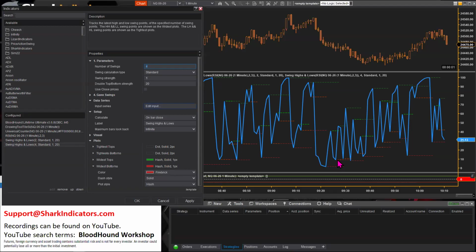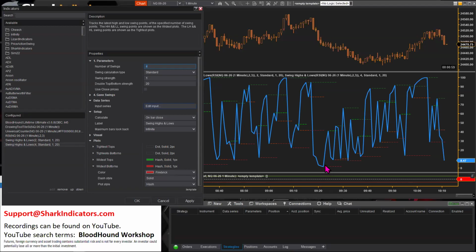If I had it set to 6, it would be tracking this one as the lowest low of the last 3 lows, because these lows step higher. So the Swing Highs and Lows set to 2 would be tracking the higher low point. The one set to 4 number of swings would be tracking the medium one.